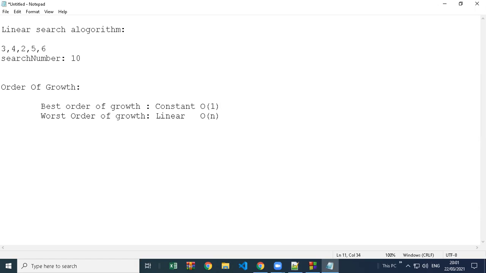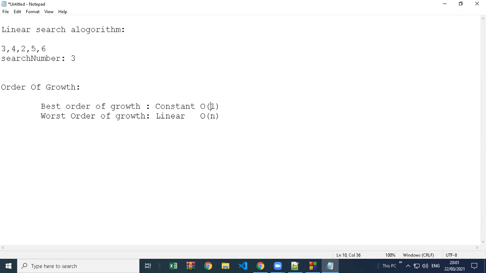When is constant possible in linear search? For example, if I am searching for data 3, I start searching in the array, and by luck I get this number in the first place. We only have to make one comparison. So this is the best case for our algorithm, and it takes just 1 nanosecond.